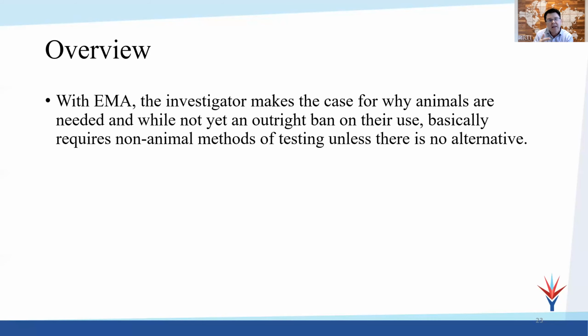So with the EMA, the investigator has to make the case for why animals are needed. While it is not yet an outright ban on their use, it basically requires non-animal methods of testing unless there is no alternative. The US doesn't go to that extent, yet we're running behind the EMA on this matter. There are some benefits, and I can see some large benefits as to why we would rather be behind the EMA on this. Let them go first, because while